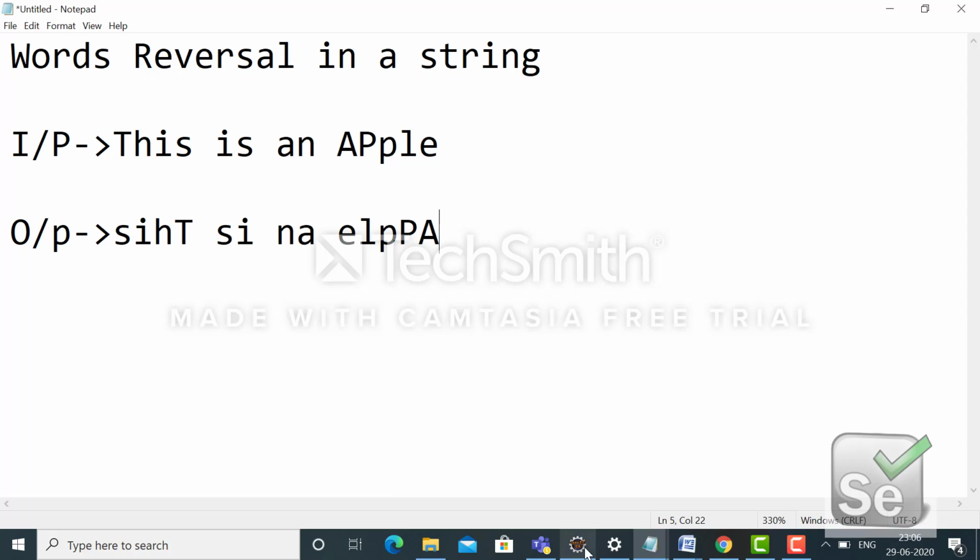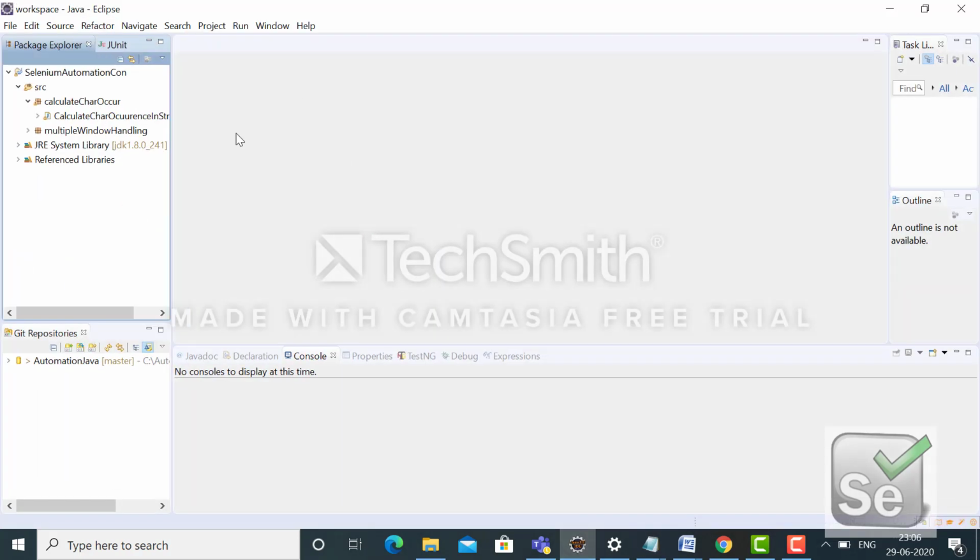Okay, so let me open the Eclipse. Any IDE you can go with. I mean, if you have IntelliJ IDE, you can go with that. And this is a pure core Java concept, so you don't need to associate any Selenium jars. Okay, so let me create a package.